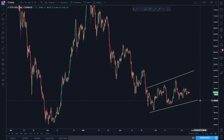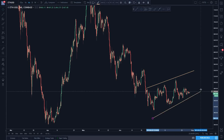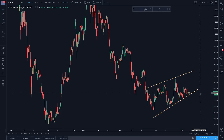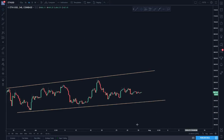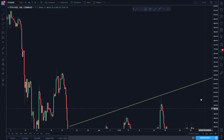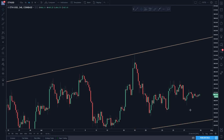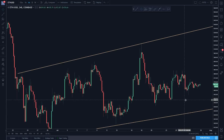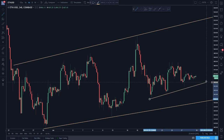So with this, you could draw the trend line like this, and that is valid. But instead of doing that, what I would do is have the trend line there, and then zoom in and focus on this pattern on its own. Focus on this pattern in isolation. And I'd be looking at this here. So with this pattern,